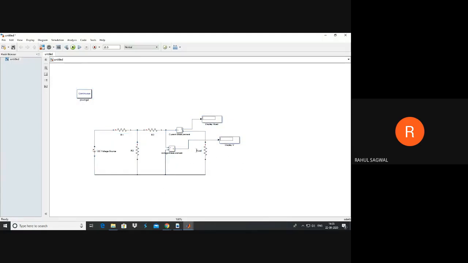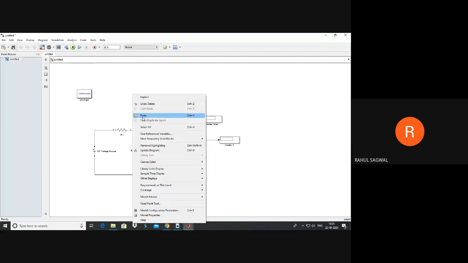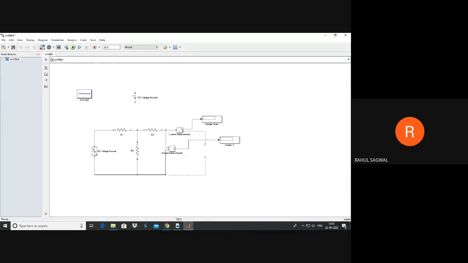So for calculation of RTH, what are the things we are going to need? First of all, remove this branch. Secondly, copy paste this DC source somewhere else and delete this one. Right.